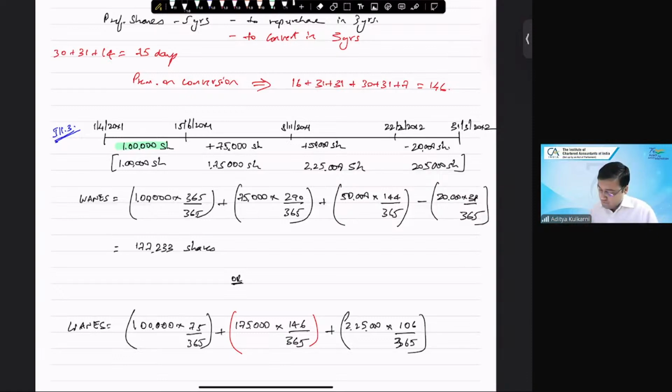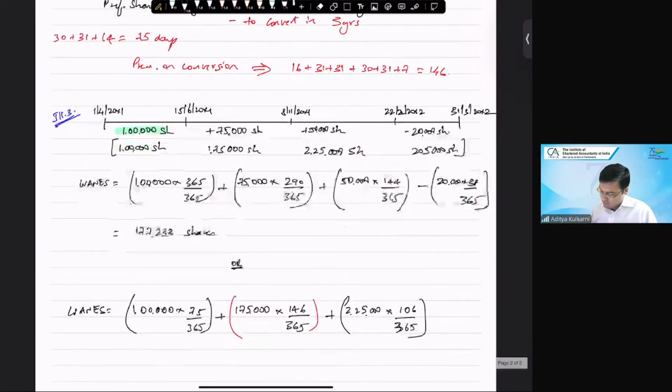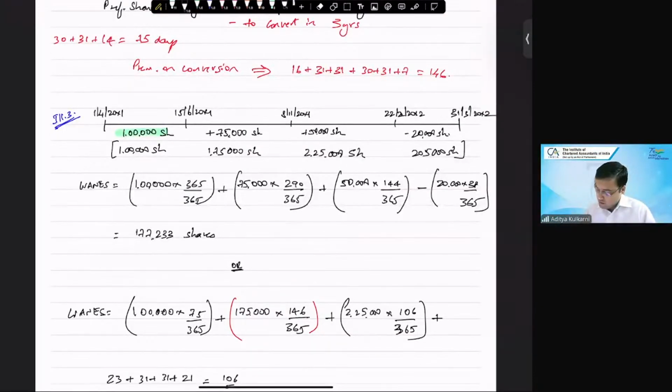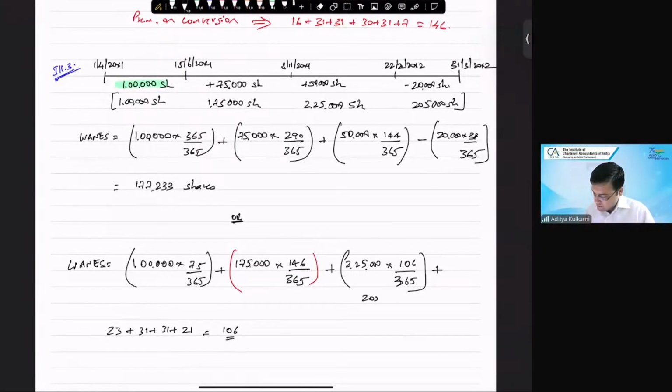Yes. November has 23 days. December, January, February. So 106. Yes or no? Yes, sir. Got it. All right. So 106. And finally, you are left with 2,05,000 shares into,